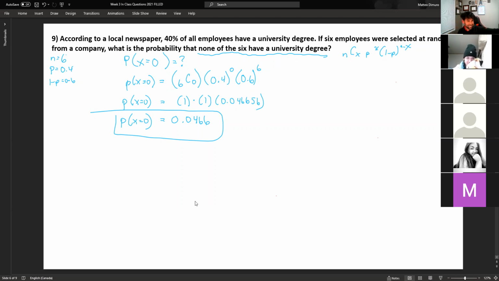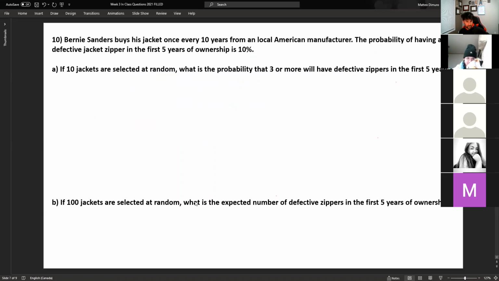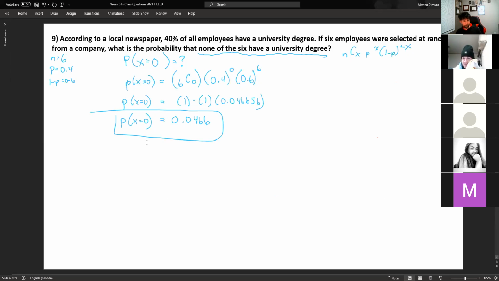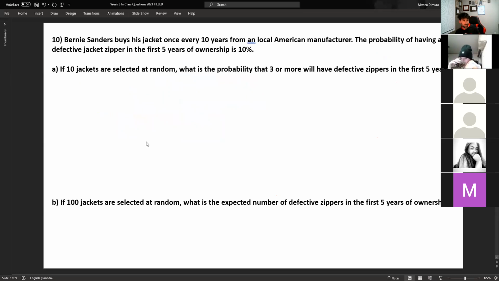So, all right, let's look at number 10. I'm very excited about this one, my friends. I'm very excited. Aaron, what's that? May you go back to the last one for 10 more seconds? Oh, sorry. Yes, I can. I got excited about the next question because it has Bernie Sanders in it. All right, I'm good. Perfect. Thank you very much for speaking up.